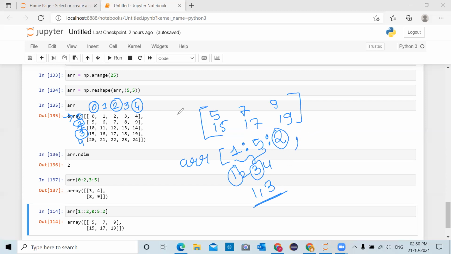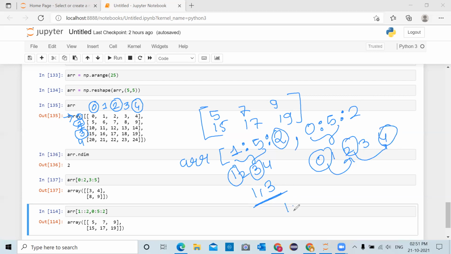For the column, we will start from 0. We will run till the end. So we want to run till 4, so we'll run till 5. And what is the stride? You want every alternate, so we will use 2. So this will result in 0, 1, 2, 3, 4 and a stride of 2. From 0, we will jump to 2. From 2, we will jump to 4. So it resulted in 2 rows and 3 columns: 1, 3 and 0, 2, 4.